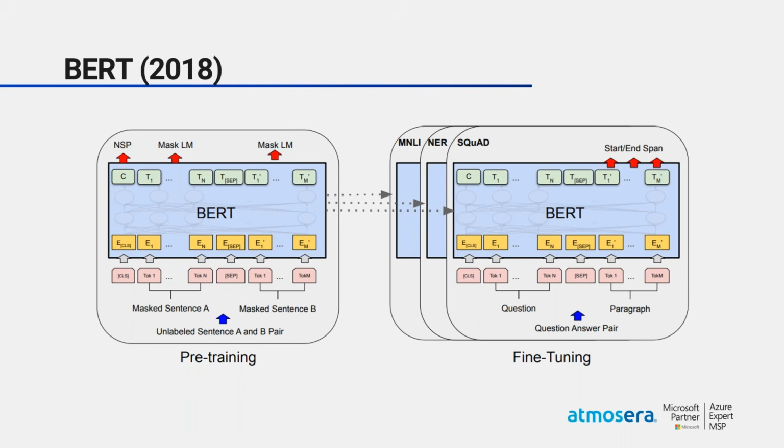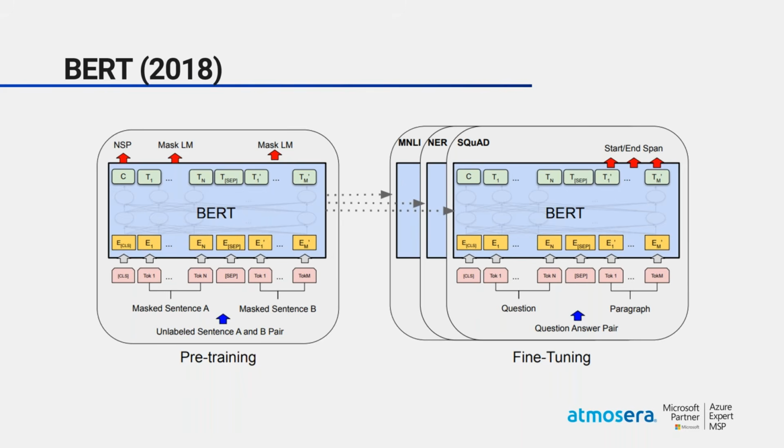Now, BERT in and of itself wasn't all that useful. It understood the structure of the English language well, but it wasn't inherently capable of translating phrases from English to French or taking a natural language question and searching a set of documents for an answer for it. But what Google did was they described to us how we can fine-tune the model in order to perform specific